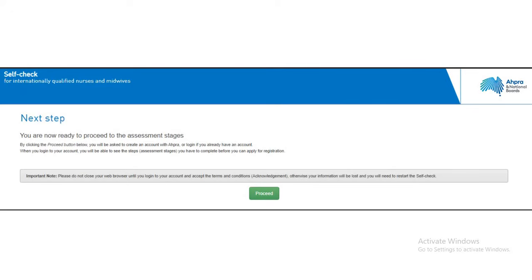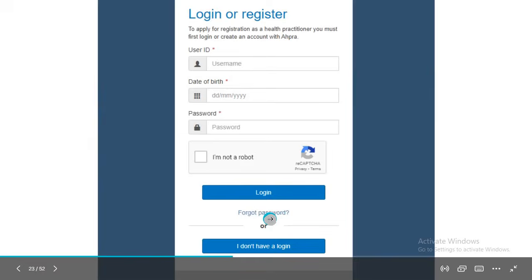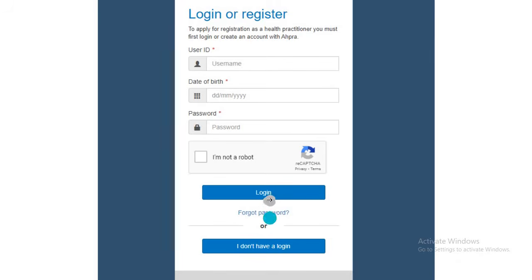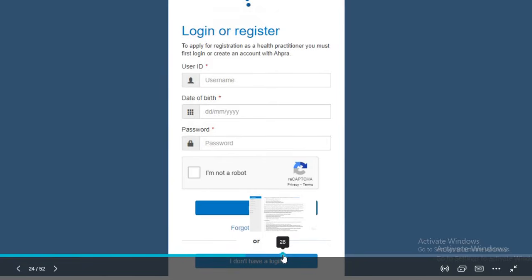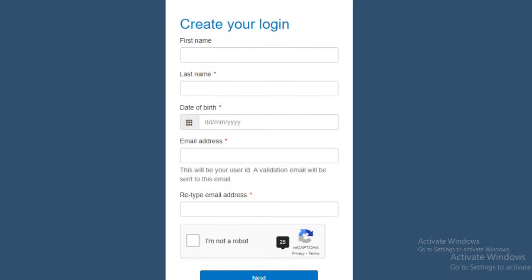So I am reminding you, if you're not having enough time, at least complete the application until creating your account and accepting the terms and conditions. So you will be clicking on proceed, and this takes you to the login or register page. And here you will say I do not have login, so it will take you to the create your login